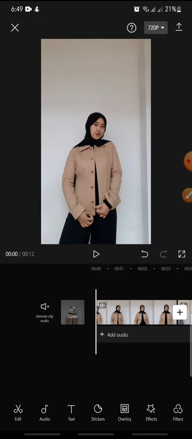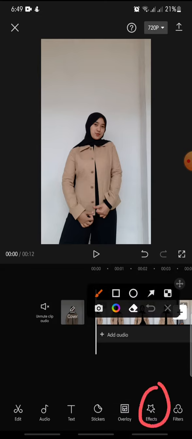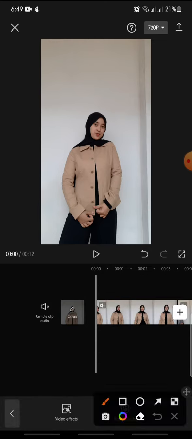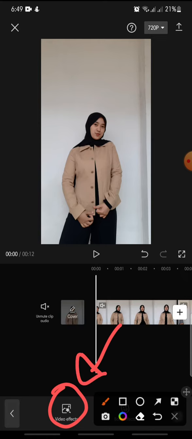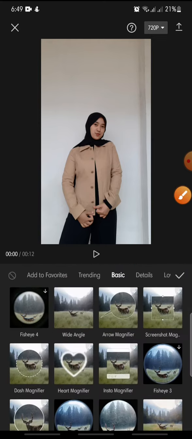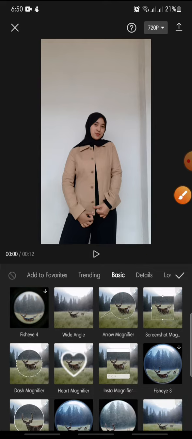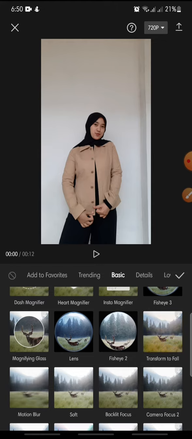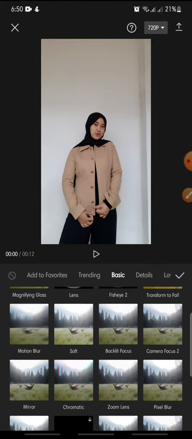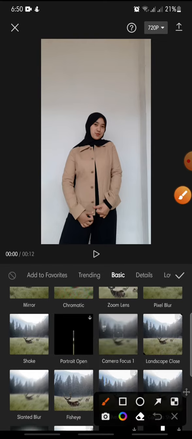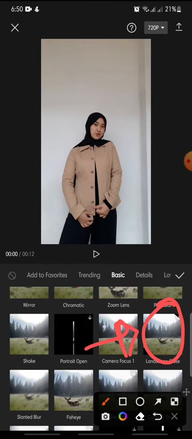you just click on the Effect at the bottom. In here, you just click on it, and after this, you can click on Video Effect. And at the menu you can click on Basic, click on it, and then in here you can swipe down until you can see the landscape gloss. This is the landscape gloss effect, so you just click on it,